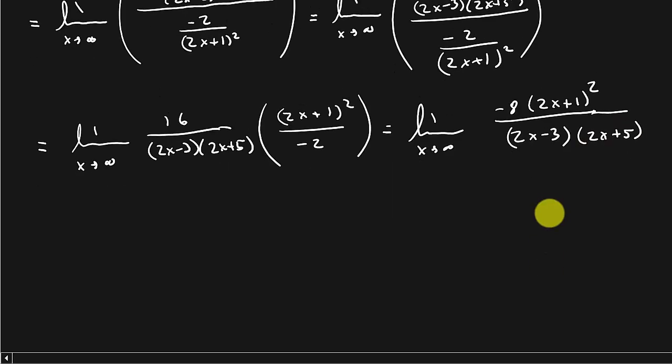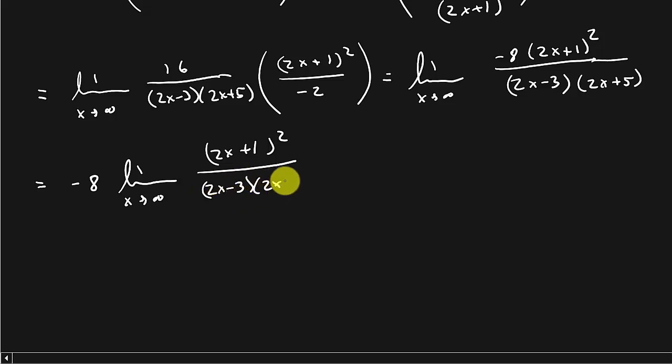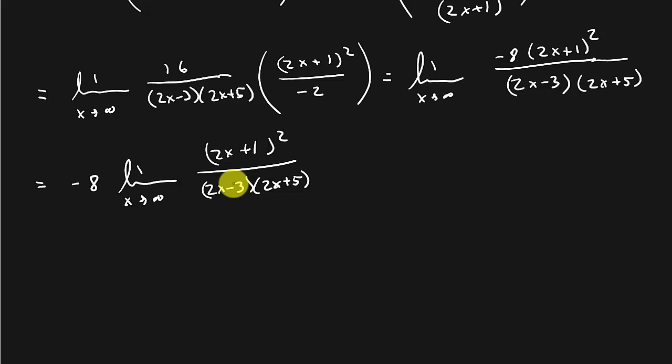All right. Now, I don't know if you can see this, but this is going to be equal to negative 8 because this is just going to be 1. Think about this. When you FOIL this out, okay, well, let's look at it like this. This is equal to negative 8 times the limit as x goes to infinity of 2x plus 1 squared over 2x minus 3 times 2x plus 5. All right, so I just pulled the negative 8 out. Remember, we can do that. And so this is just going to be 1 because when I FOIL this out, I get 4x squared plus 4x plus 1. And here, I don't even care what the rest of it is, but that leading term is 4x squared. Okay, so the 4x squared and the 4x squared, they cancel out. So that's the limit as x goes to infinity of 1,